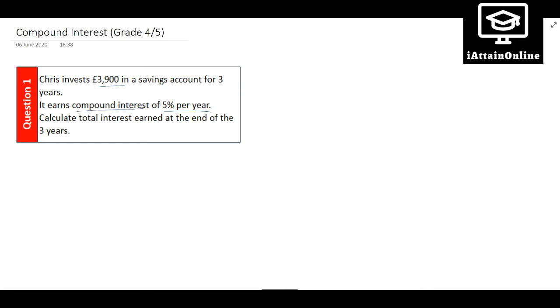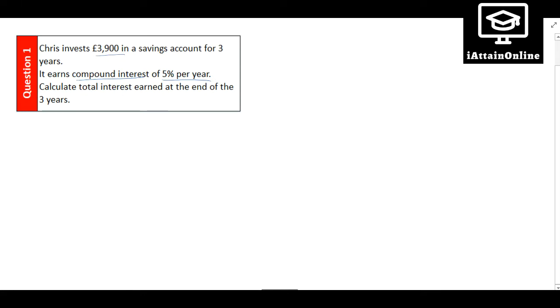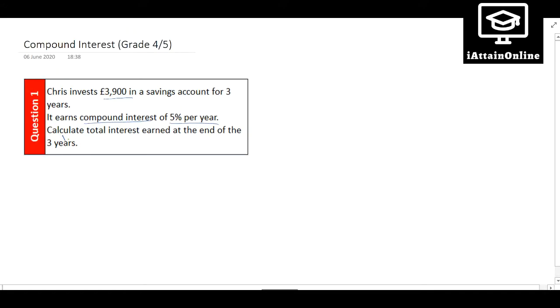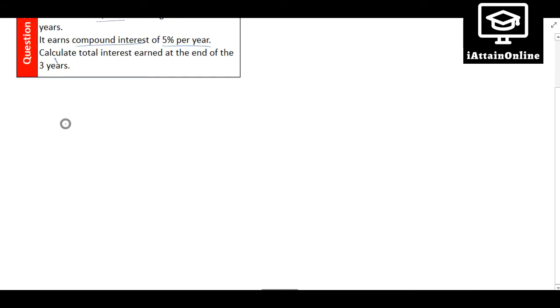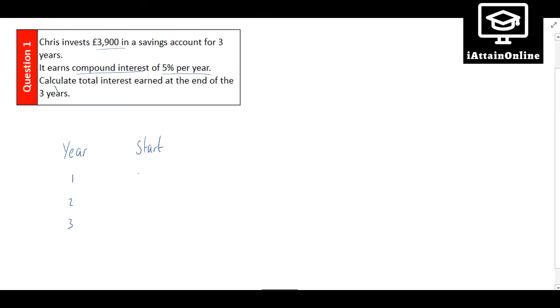Now, there's a long-winded way of doing this, which I'm going to show you to start with, just so that you can see exactly what's happening, and then I'm going to show you how we can use multipliers to work it out quickly. So Chris has £3,900, and he's going to invest that for 3 years: year 1, 2, 3. And at the start of year 1 he has £3,900,